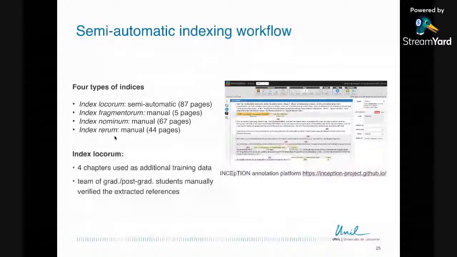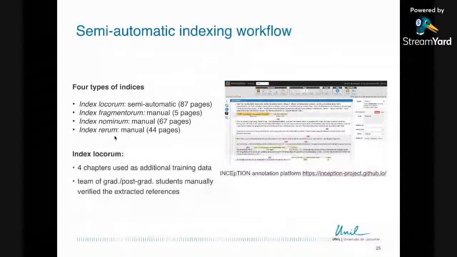And this annotation platform has now been integrated with the Cited Loci pipeline, and also with the underlying knowledge base, meaning students were able to select identifiers from the knowledge base directly from Inception, because Inception has an interface to SPARQL endpoints. And since the knowledge base has a SPARQL endpoint, it was possible to plug it into the annotation platform to enable this manual correction.